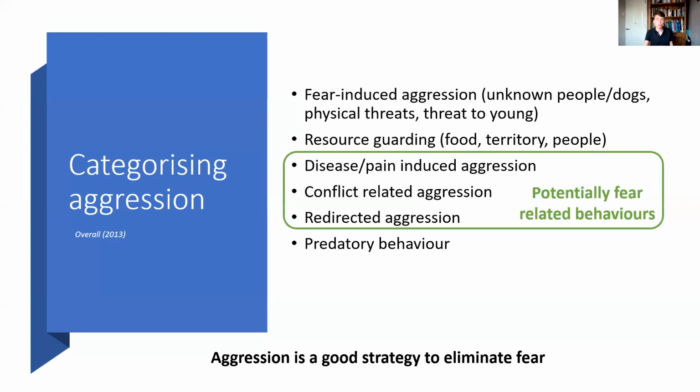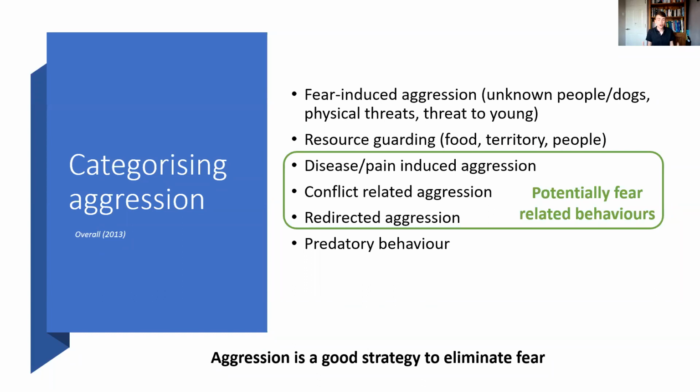It's a really good way of making fear go away, because if you're scared by an unknown person and you growl at them and you bark at them and you bite them, then generally they will go away. Even if you've got a dog that you're walking on a lead in the streets and they have a bit of a bark at a person and the person isn't particularly bothered by it, still by nature of walking out in the streets, that person's eventually going to go away. So that strategy is going to be reinforced because the dog's going to think, oh, I did a great job there. I had a bark at that person and they went away.